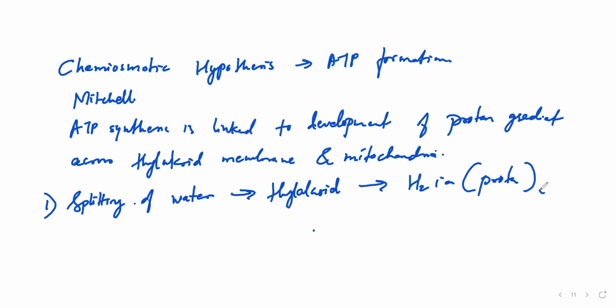Right? Now, we already know that the electrons will pass through two photosystems, that is PS2 and PS1. So along with that, this proton, that is the hydrogen ion, is also going to